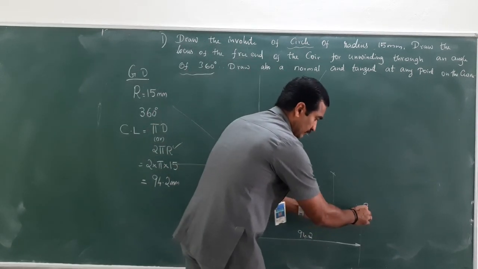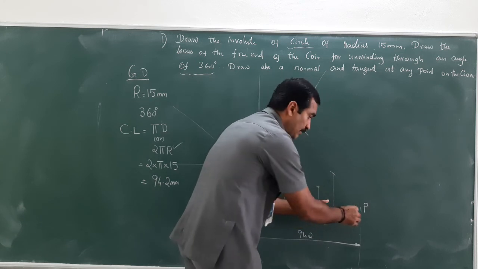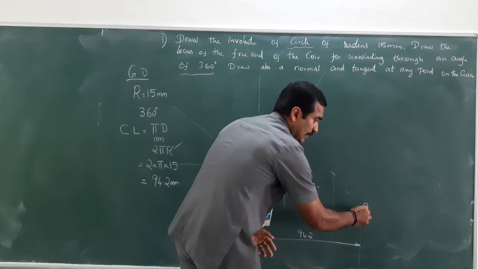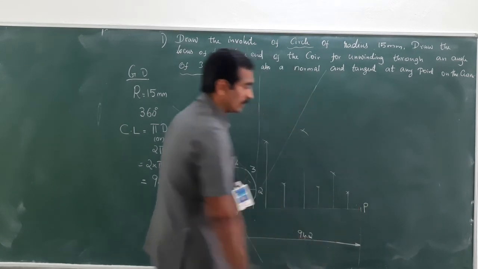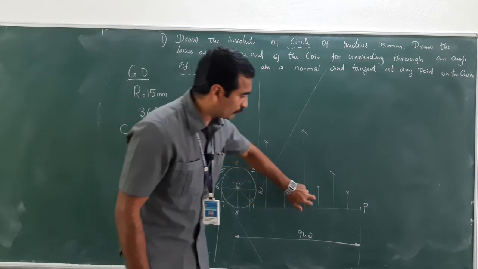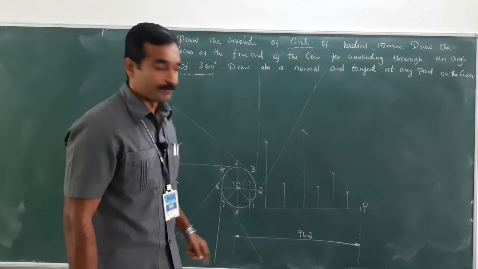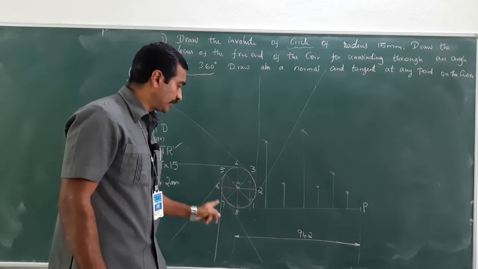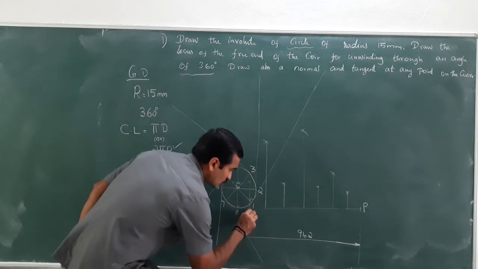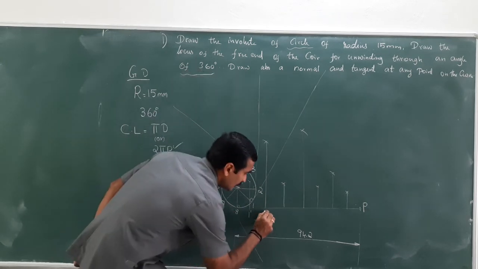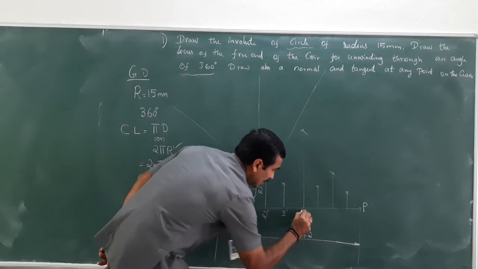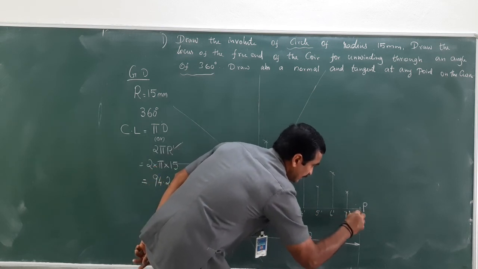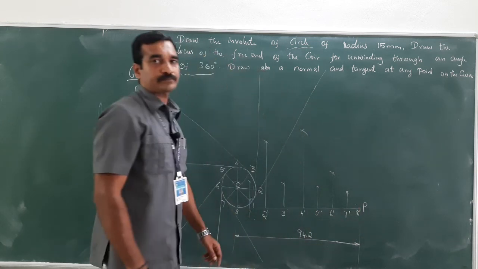Similarly, here these are 2 extreme points. Stretching the compass to take more than half of this line, now keep the compass at point P, cut an arc. Look at here, 1, 2, 3, 4, 5, 6, 7, 8 equal divisions. Here the numbering for the circle is given as 1, 2, 3, 4, 5, 6, 7, 8. For this one I am going to give 1 dash, 2 dash, 3 dash, 4 dash, 5 dash, 6 dash, 7 dash and 8 dash.